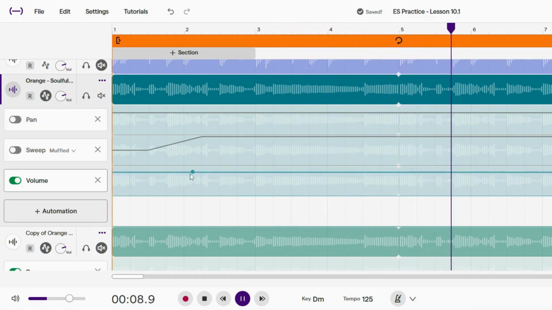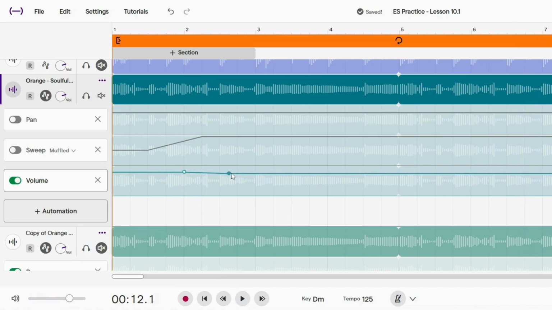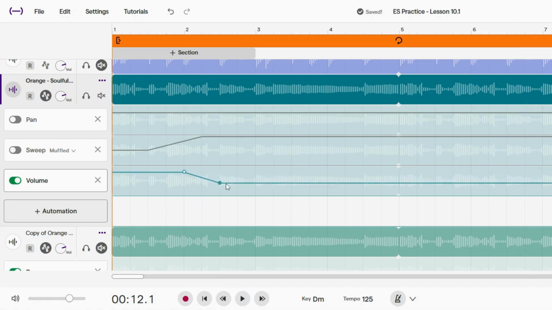And so this is when we create dynamics. Dynamics is when you change the volume. And dynamics is really fun in music because it can add more drama or effects to the music. It can add a bit more of